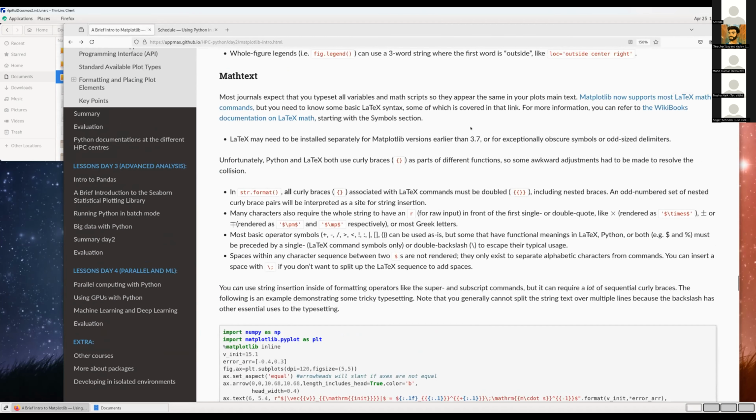Finally, let's talk very briefly about math text. So most journals will expect that you typeset your variables in math scripts so that they appear the same on your plots as they do in the main text. Matplotlib now supports most LaTeX math commands, but you still need to know some of this basic syntax, which is covered in this link. And you may need some extra packages for very obscure symbols, but I don't think that's really needed anymore. Most of the LaTeX symbol library is available as of